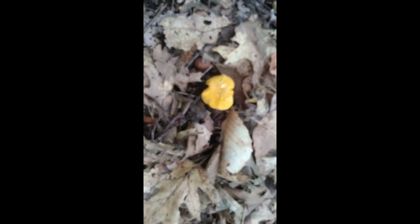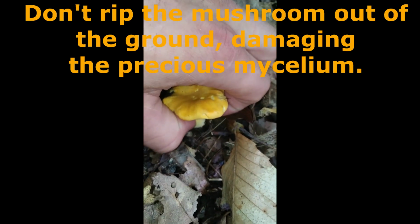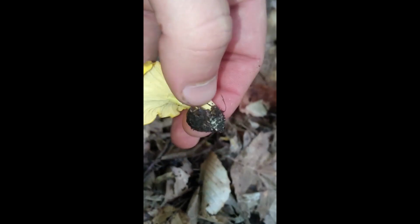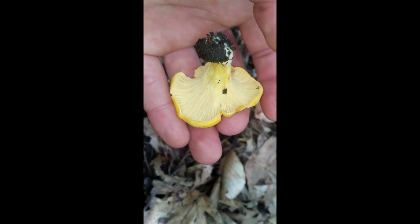And so when you go to harvest mushrooms, a lot of people argue that cutting mushrooms at the base is actually the most beneficial way, and that by plucking the mushroom like this, you rip it out of the ground and take the root system with it. You pluck and twist at the same time, and the mushroom comes out very easily. Now, my argument is, I'll play the devil's advocate here,